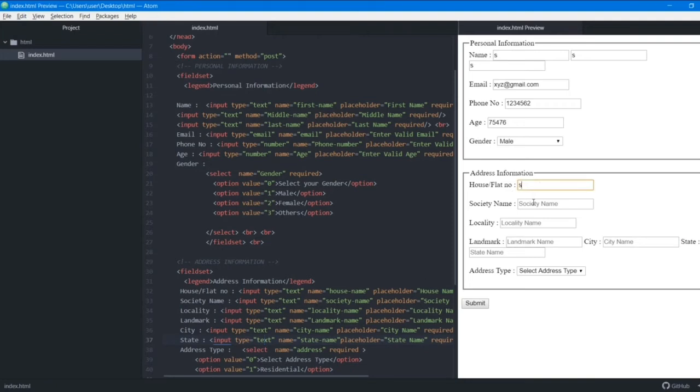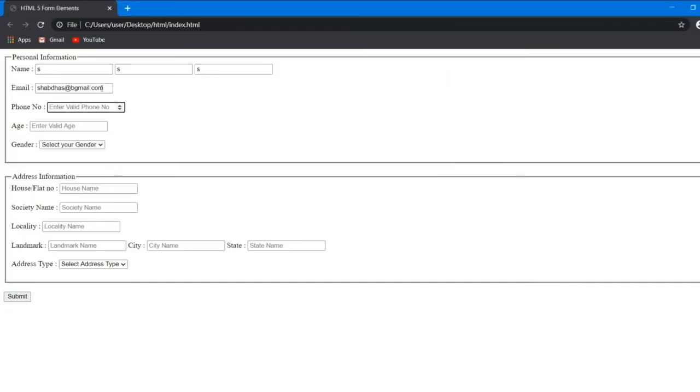So we'll just enter one word and we'll leave one word empty. We'll leave out one or two blocks empty, and let's see what happens. I've also left out this, so let's see if it prompts us. Yes, it prompts us: Please fill this field out. Again, I'll fill this. Let's submit. So this field is also required, so we'll select residential here and we'll click on submit.